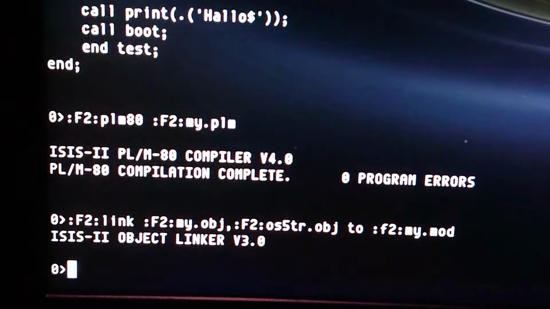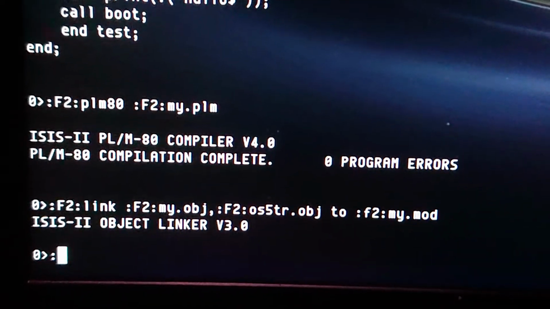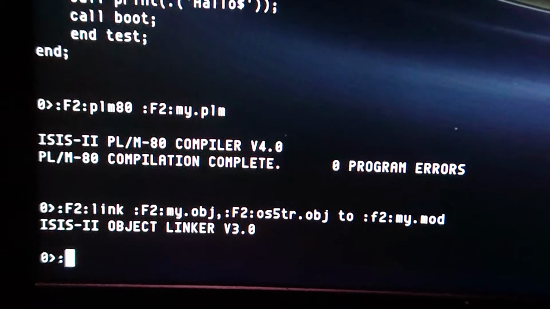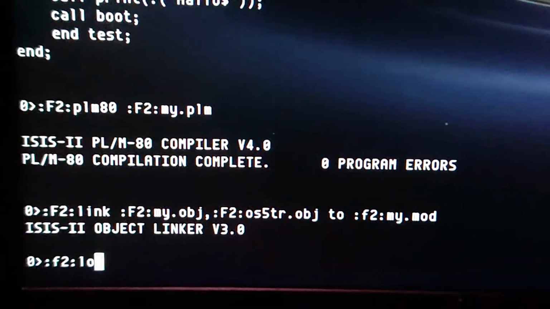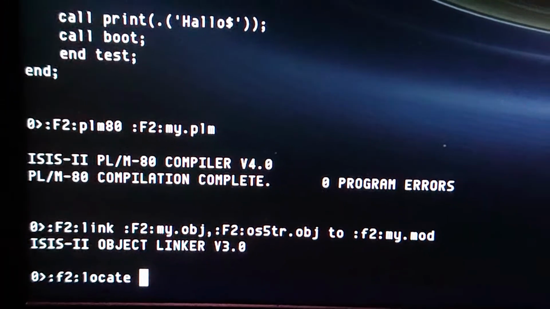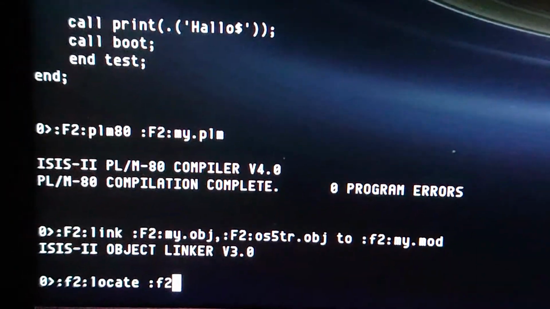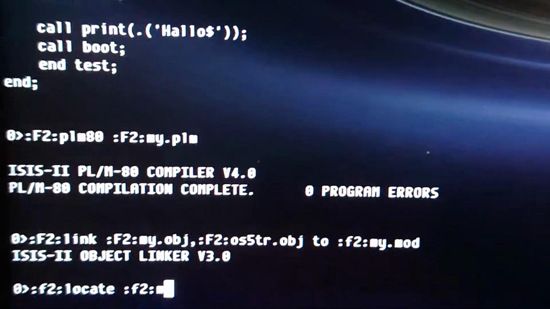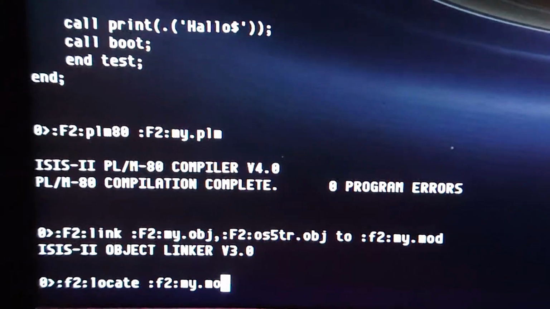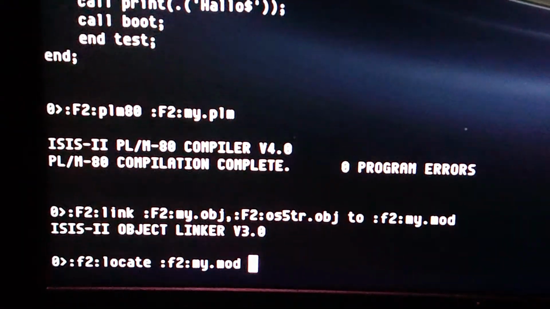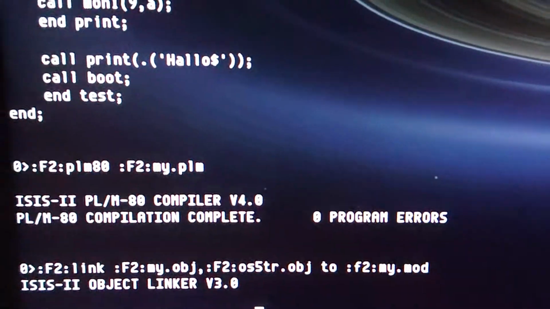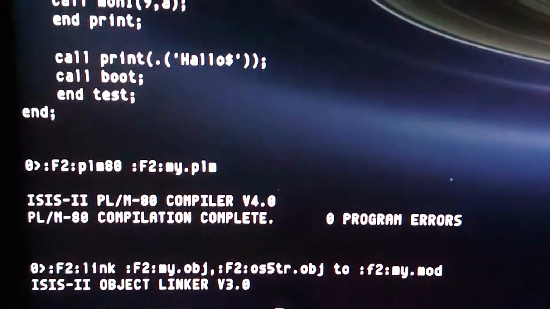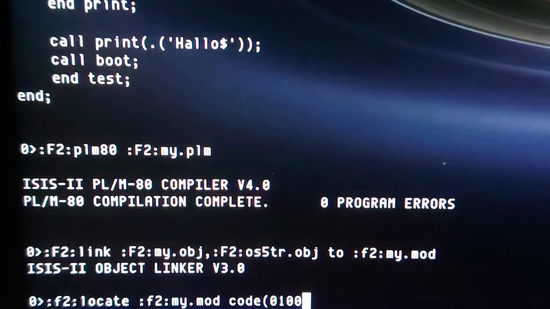And now you have to locate the relocatable mod file. F2 locate, F2 my.mod, and you tell it the code entry point like so, 100h,